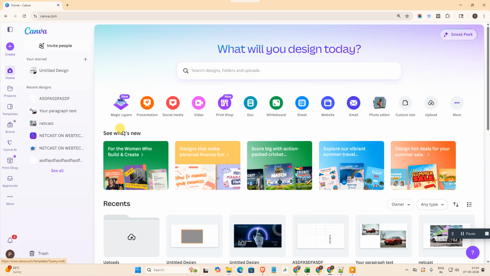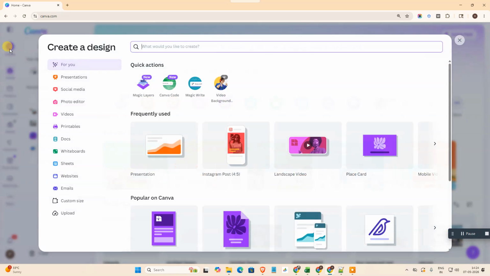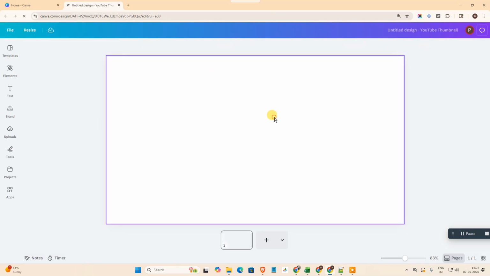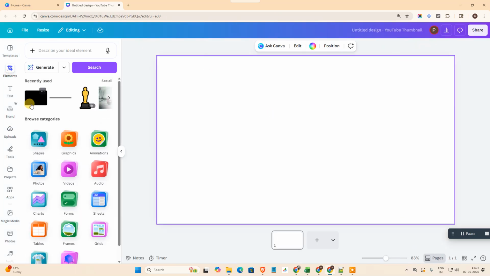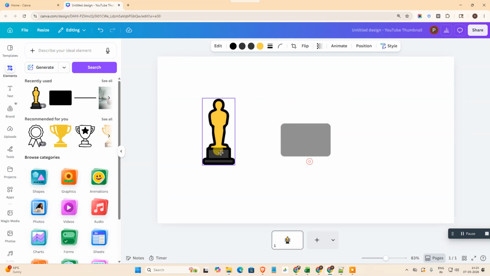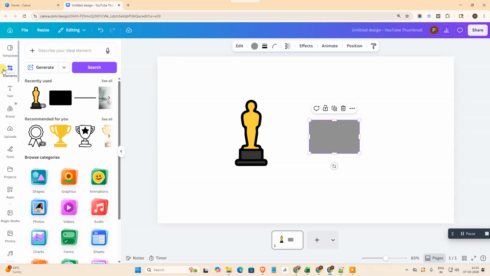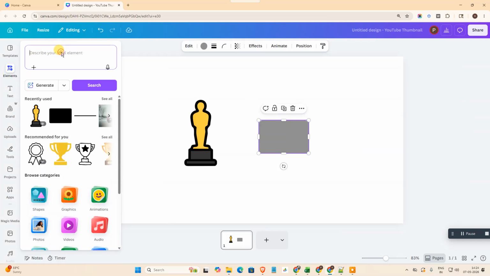Okay guys, so here we are. This is my canvas. So let me take one canvas here, a blank canvas. Okay, so go to the social media. Okay, so here we have canvas. So I just add some elements like this. Okay, now if you want to add the border and change the color, you can come here and search for,